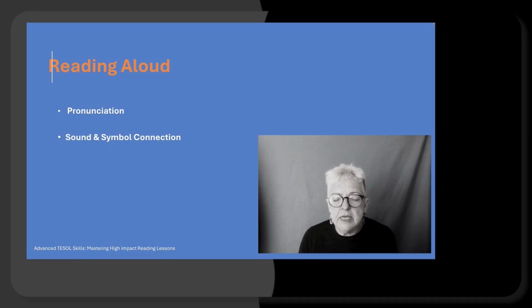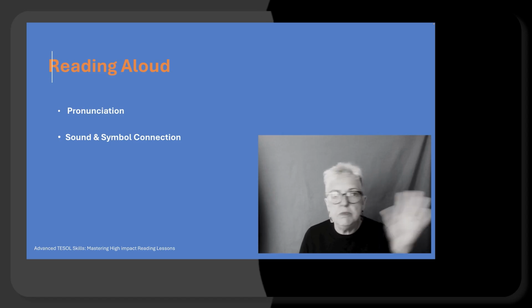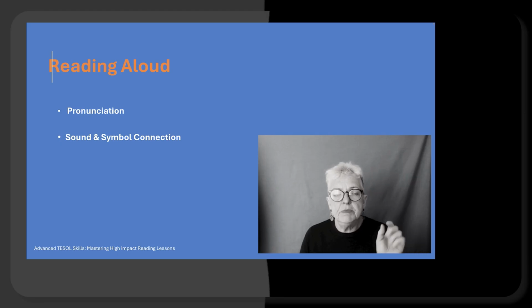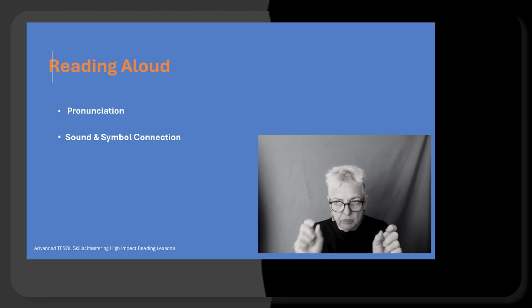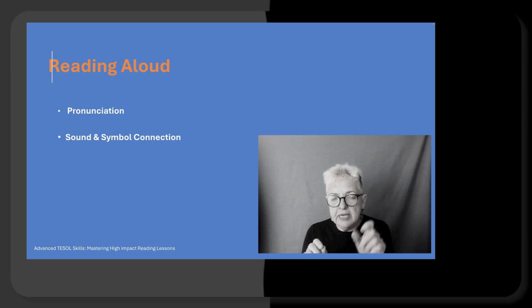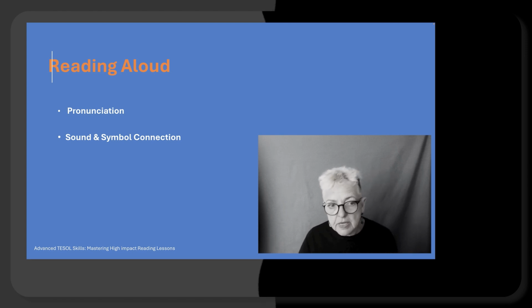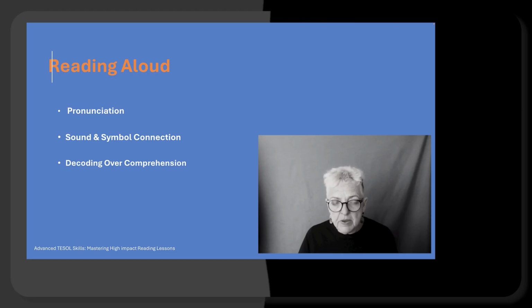It's about a very specific kind of pronunciation. However, it does help connect sound and symbol. So, for example, for Arabs, whose symbols they're writing, in other words, is completely different, it helps them to connect the sound with the symbol. For example, the TH, they start to recognise that that's the sound produced by that set of letters. So there's value in that.